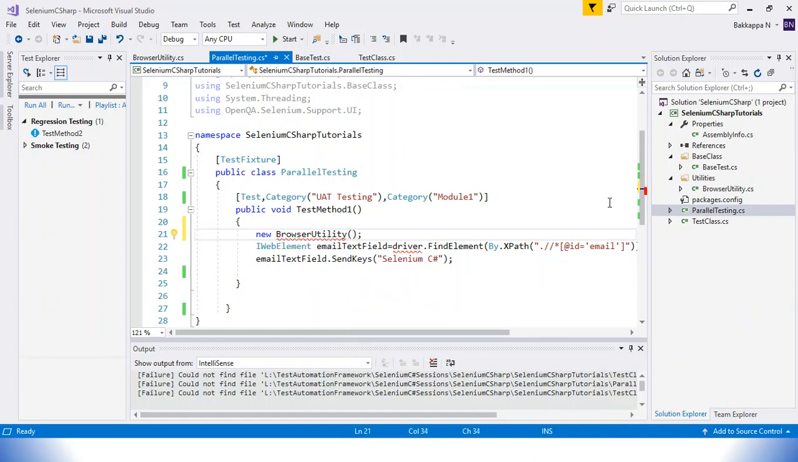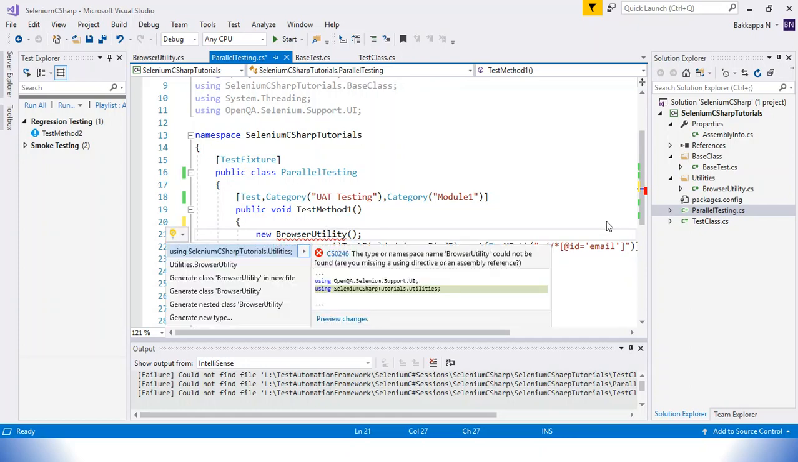That's all. Just import the relevant, related packages. Same way, just click on this browser utility and press Ctrl dot from the keyboard. Here you can see the using Selenium C# tutorials.utilities. So basically this particular class exists under the utilities folder. If you look at here, select this particular first line,